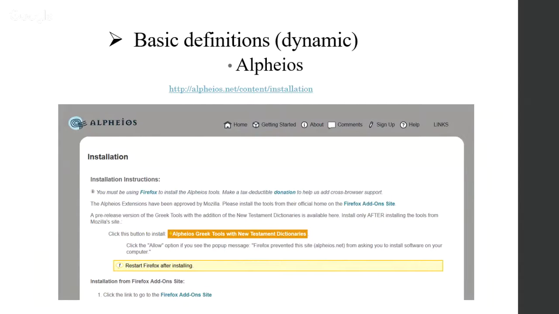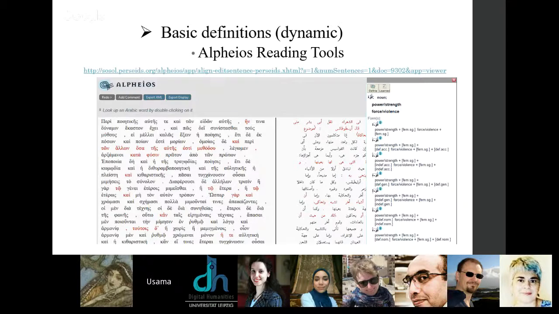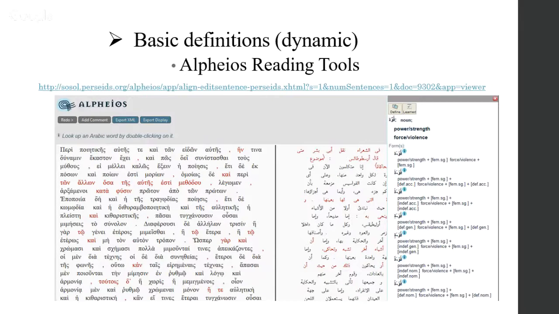So you could click on, for example, the equivalent of dynamin in the Greek text, in the Arabic text, which is quwwa, and click on it after downloading the Alpheus reading tools, and you will have the meaning and also the form of this. So you have quwwa, which means power, strength, force, violence, and then you have also the form of it, whether it is subject, it's nominative, whatever syntactical category this word is.